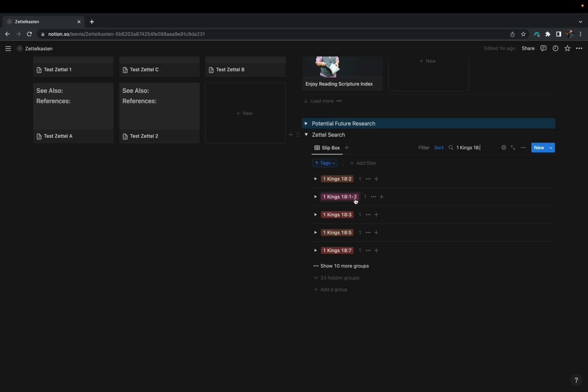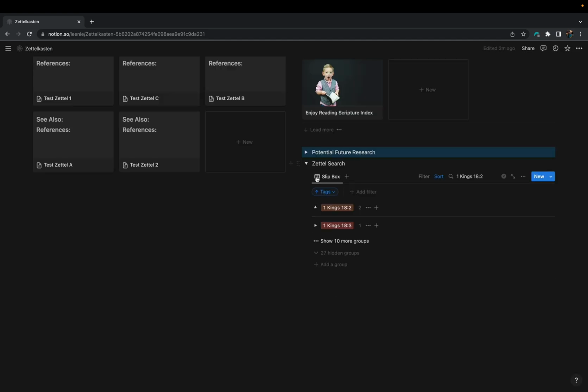Okay, let's see. If I search 1 Kings 18:2, you'll notice that 2 tags show up, and this is because a note has both 1 Kings 18:2 and 1 Kings 18:3 in its tags. So if you're only interested in the one verse, then you only need to look at the drop-down menu for that specific verse. If you're looking for a range of verses, they will still show up so long as you have properly tagged them. I hope this helped you make a more